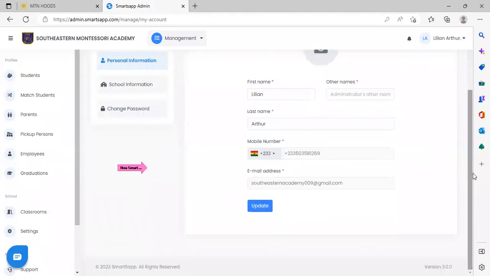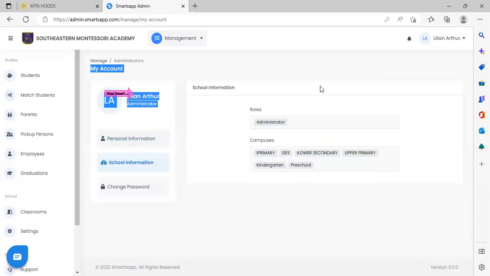So kindly click on school information, and then you can find your school information. And if for any reason you want to change your password, you can change it over here by clicking on change password. All right, so let's go back to the default interface by clicking on the model selector once again,